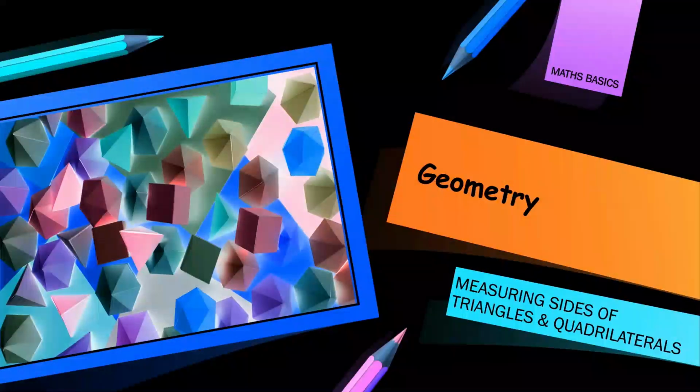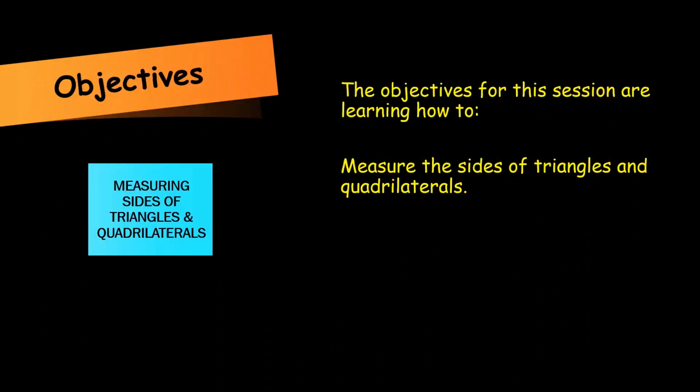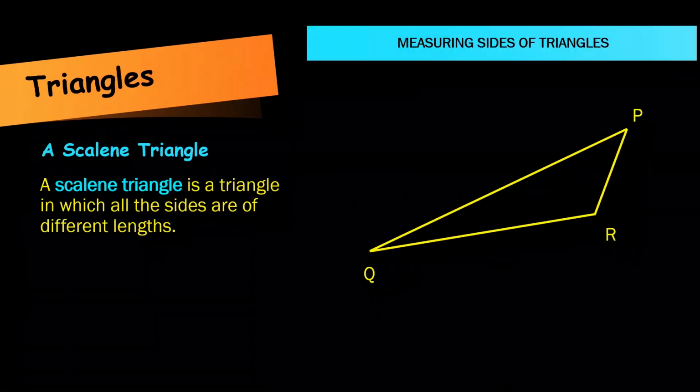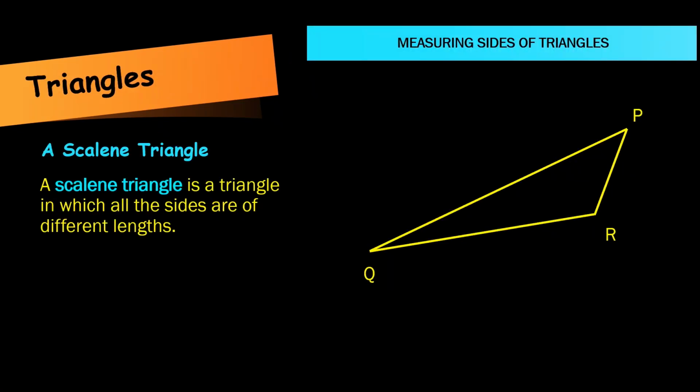Welcome to the session on geometry, measuring sides of triangles and quadrilaterals. The objectives for this session are learning how to measure the sides of triangles and quadrilaterals. A scalene triangle is a triangle in which all the sides are of different lengths, as shown in this example